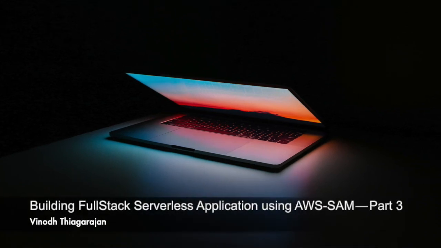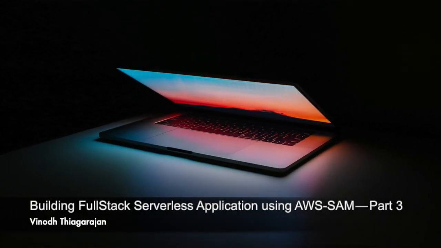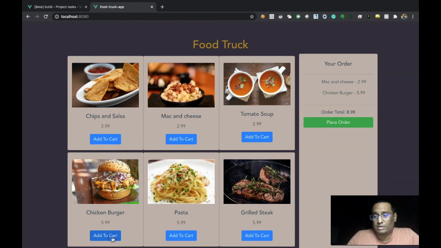So looking at this UI, we know that we arrived at three different endpoints. The first endpoint is going to display all the items, the image, the description, the price and all. And then there will be a backing endpoint which will not be exposed using the front end, which is basically creating the item. Post item endpoint, get item endpoint for the list of items, post item for creating an item,